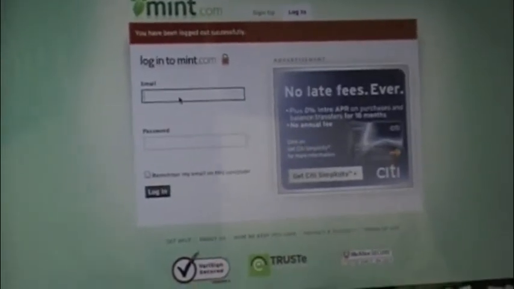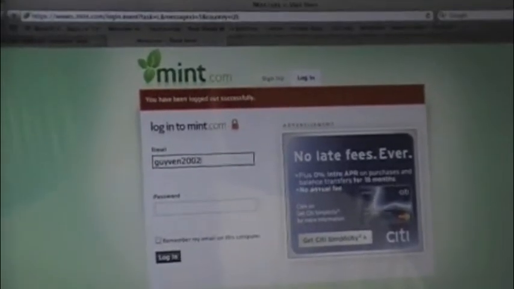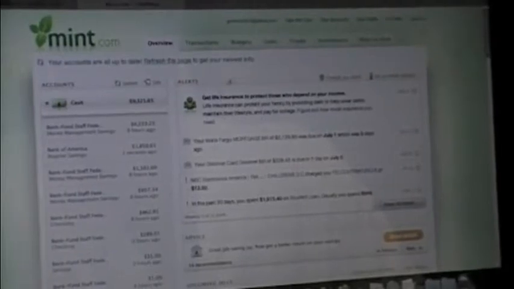First thing you need to go to www.mint.com. We're going to log in. Of course, if you had to do that for the first time, you would have to create your own password and log in. All right, so we're inside Mint.com. You would see that on the left side, that's where all your banking information is. Your checking, savings account, your mortgage, your student loans, any loan that you have, you put them there on the left side. And the way you put it there is you would go to your